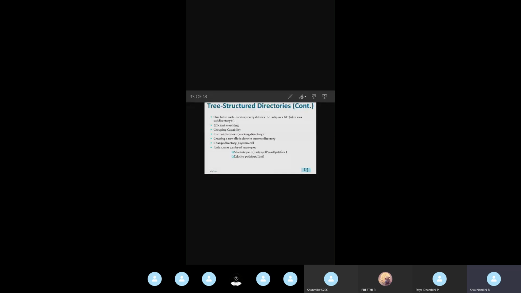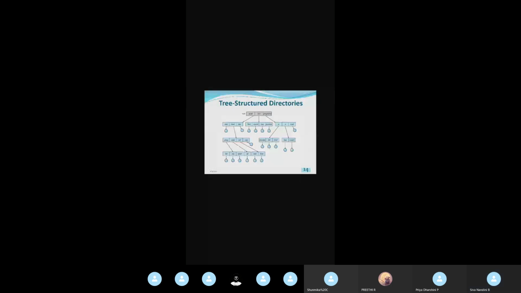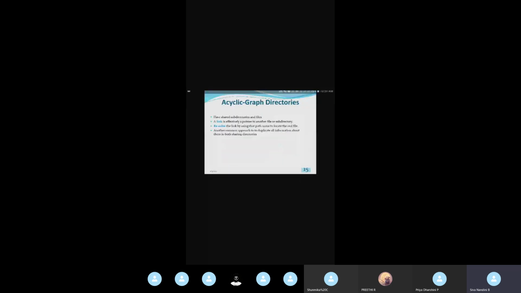Okay, clear? So here I have taken an example of accessing this first file. See in this tree structure shown in slide number 14, where this first file is. In slide number 14, I have the first file at the last level.